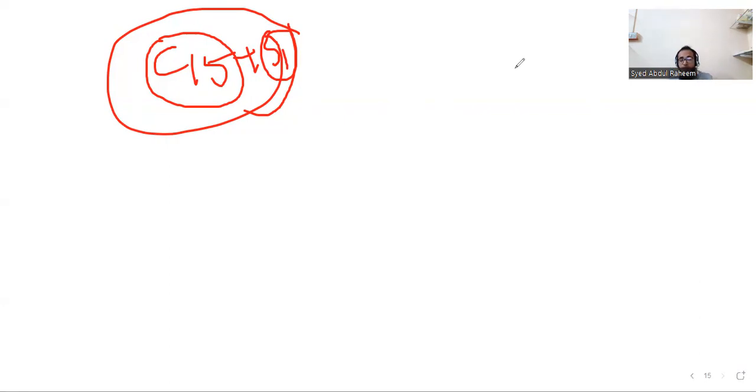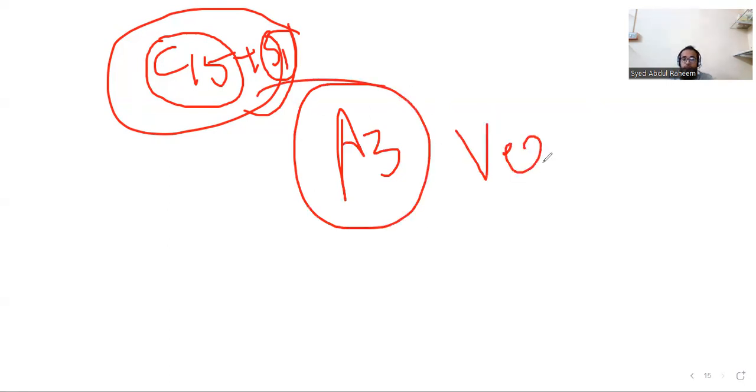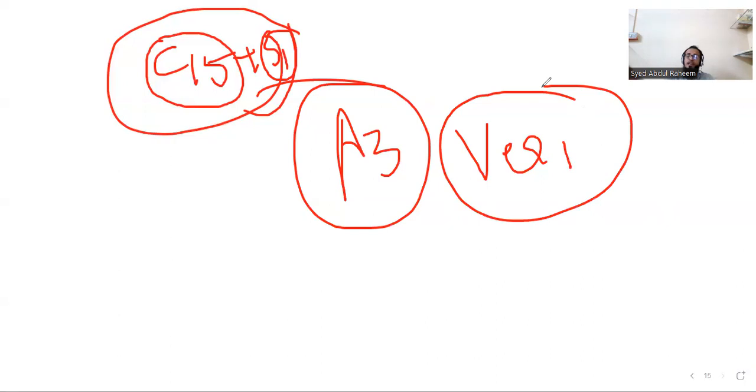Along with this, you can use A3. A3 is also good along with C15, S1, or Ver1, which is a good remedy for all types of GIT infections and any types of allergy. Allergies can be treated with the help of this remedy. S1, C15, Ver1 is a wonderful remedy for all types of allergies as well as abdominal issues. So this is all about C15. Next we have